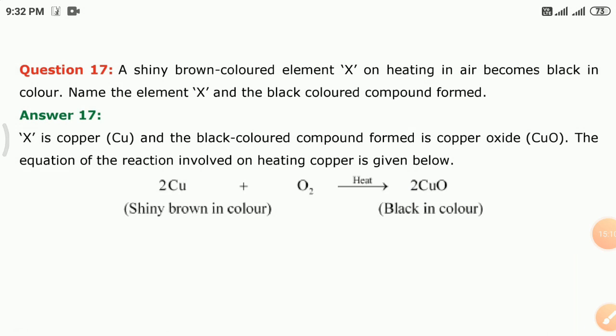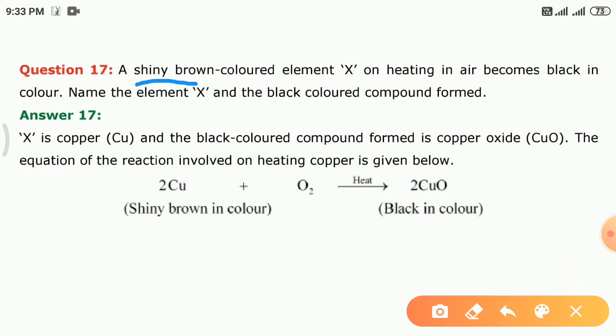Question number 17 is, a shiny brown colored element X on heating in air becomes black in color. Name the element X and the black colored compound formed. So first here we should focus on the shiny brown colored element X, which on heating in air becomes black in color. Here the brown colored element is copper, and the black colored compound which is formed